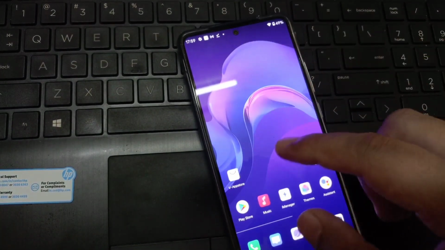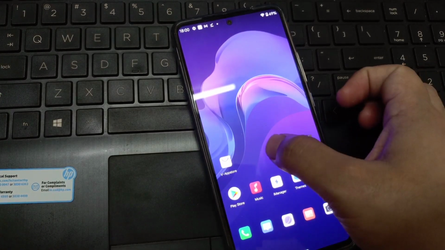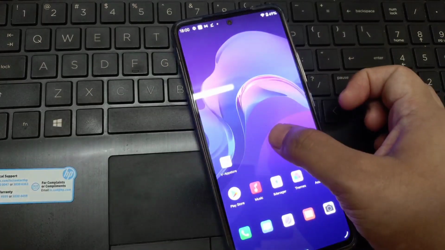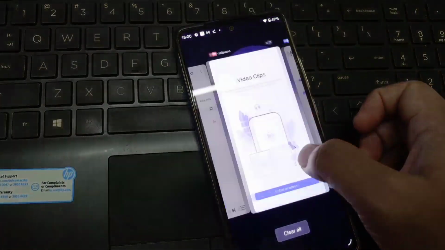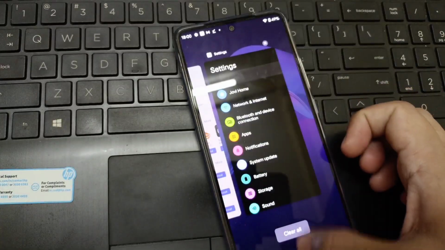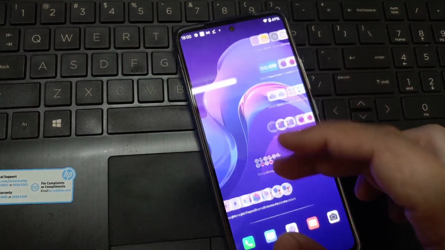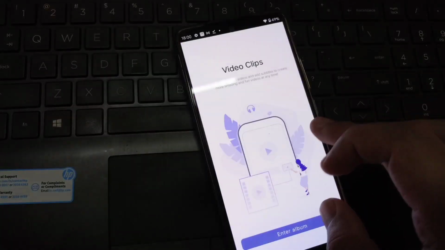This is the default wallpaper, and it's not like the Android 11 version wallpaper. And if you want to see the launcher, this is the home settings, and there is nothing much here. It is very similar. Clear all does the same thing, and these gestures, as I already told you, are the way to go back.